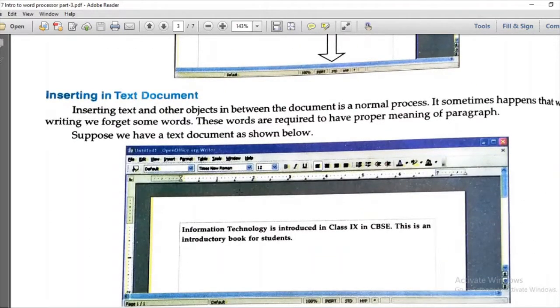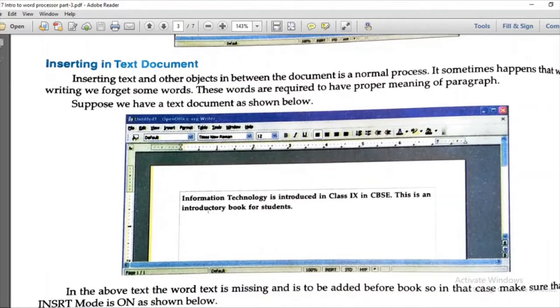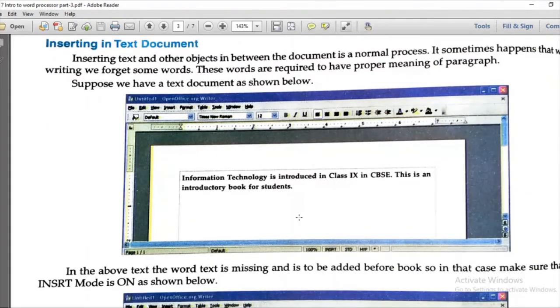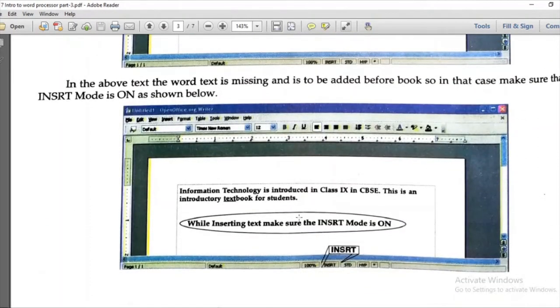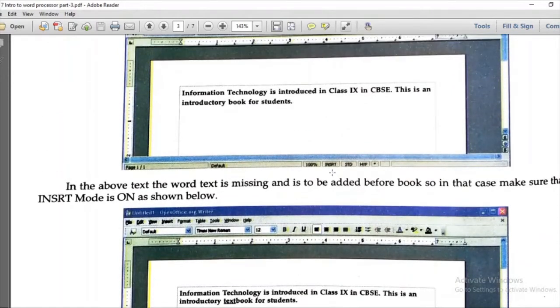Now, inserting in a text document. Sometimes when you're writing a document, some words or sentences you need to add later on for the betterment of your text. So you can also do that very easily. You can just put your cursor in there. So this insert, you just need to check whether it is in the insert format also, because sometimes what happens,